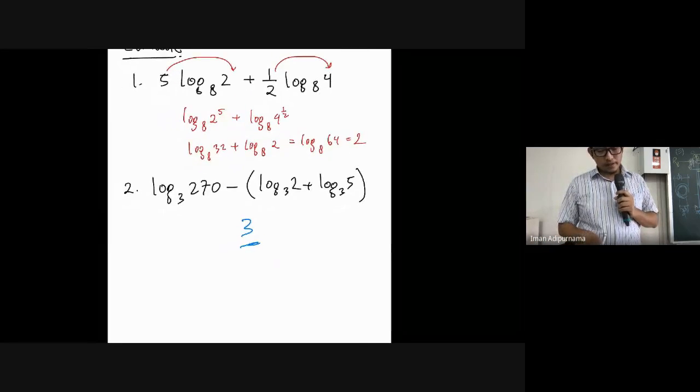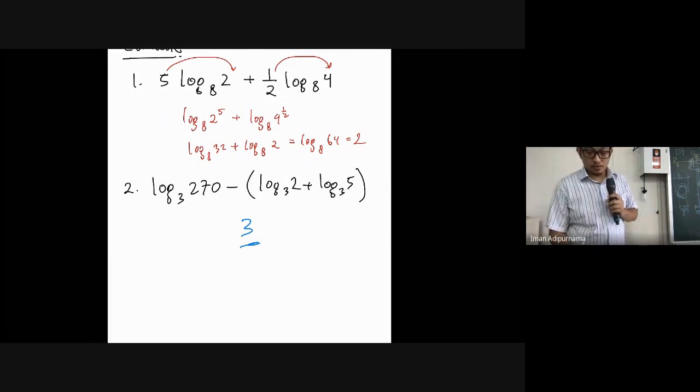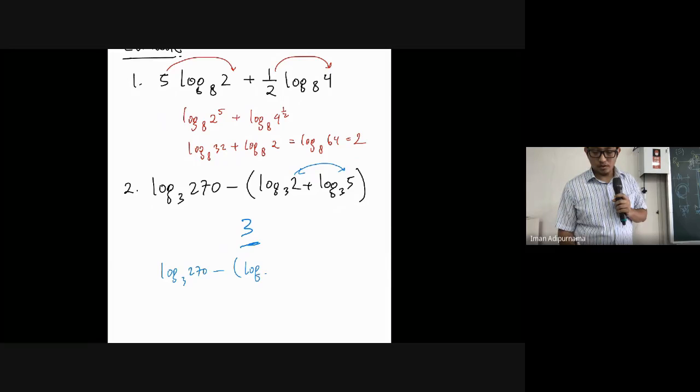I think number 2 is correct, right? 270 divided by 10 is 2. Yeah, it's true. Okay. So this one should be log minus. I will multiply this. Okay. Log. So I can write this as